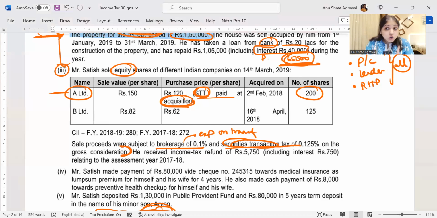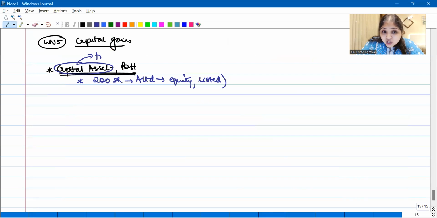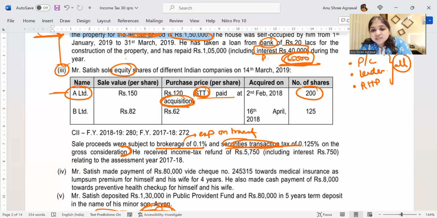Guys, no, it is not because of both. You are supposed to see, at the time of transferring, what are you transferring? It is a capital asset transferred. When I'm selling, am I paying STT? Yes. So what am I transferring? See, guys, capital gains, when does it trigger? It triggers only upon transfer. So when you're transferring the asset, you should be transferring a capital asset. Is this clear? When I'm transferring, am I paying STT? Yes, which means these are listed shares.